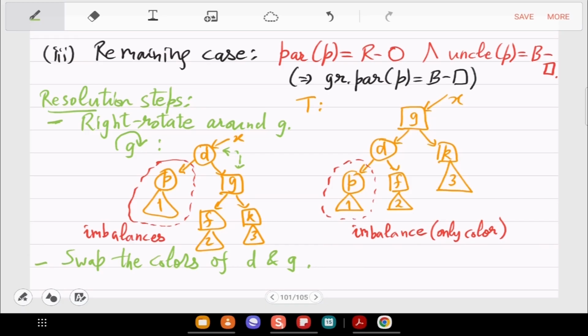Again, as I said, there is no option. This is a fixed case. Only discussion is about whether we should make P black. Yes, so that is very important. So this is why we are going with this swapping, because the point is that there could have been an issue in this part also.